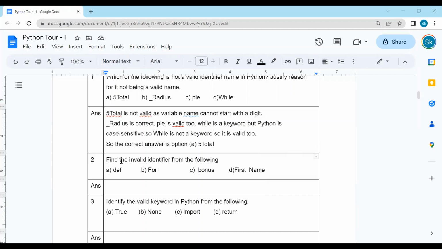Next question is: find the invalid identifier from the following. A. Def, B. for, C. _bonus, D. first_name. Let me check each of the options. Def is a keyword, for is a keyword but not this one as it is uppercase, so it is valid. _bonus is valid and first_name is valid too. So the correct answer is